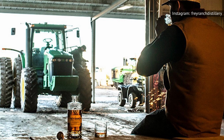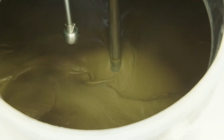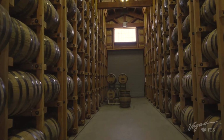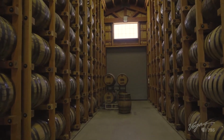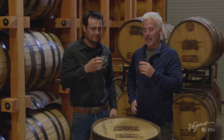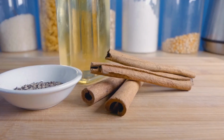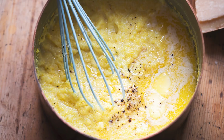The bourbon mash is about 2/3 corn, while the rest of the homegrown grains they use are about equally split between rye, wheat, and barley. So does Frey Ranch have a taste to match its pedigree? Its fans agree that it does, finding it to be quite a smooth sipper, as well as something that also works well in bourbon-based drinks. Among the flavors you'll find in a glass of Frey Ranch are bananas, biscuits, cinnamon, cocoa, hay, nutmeg, polenta, toffee,